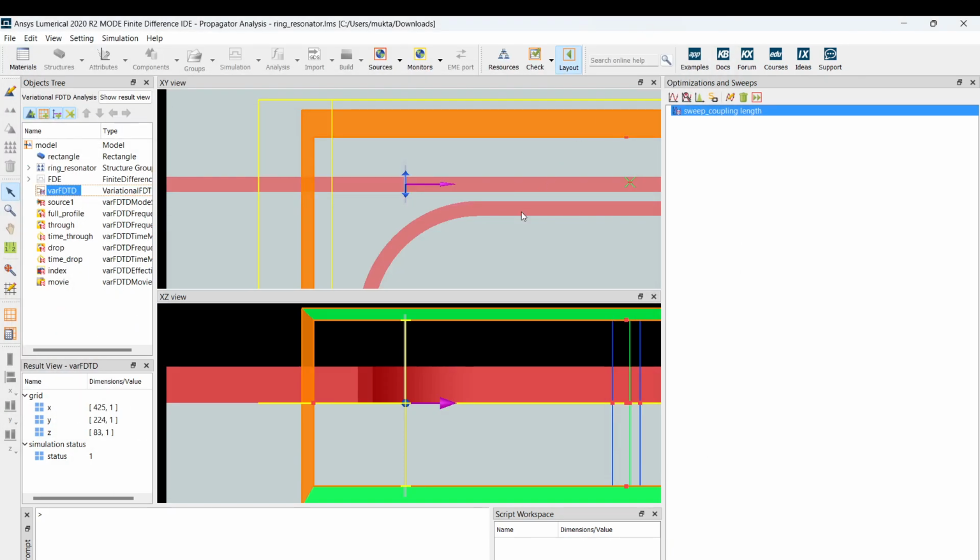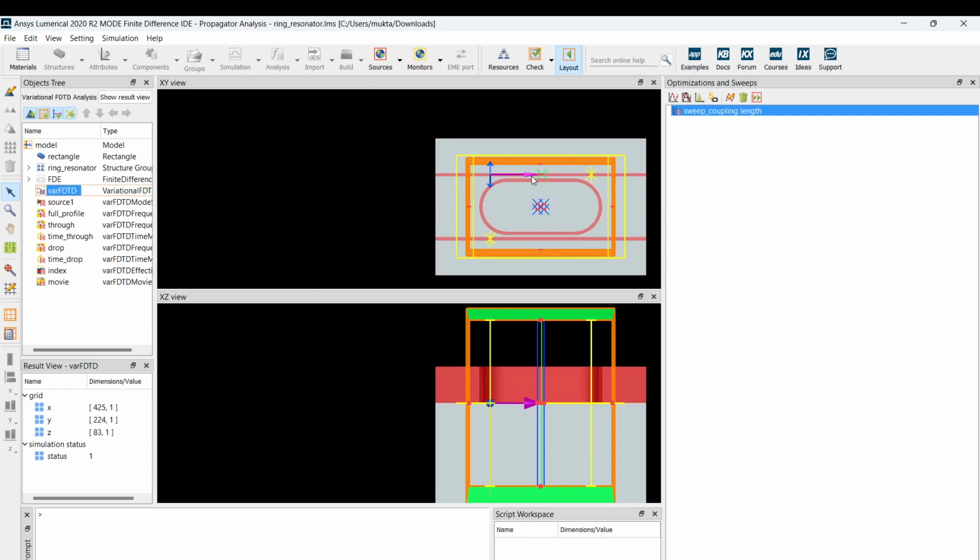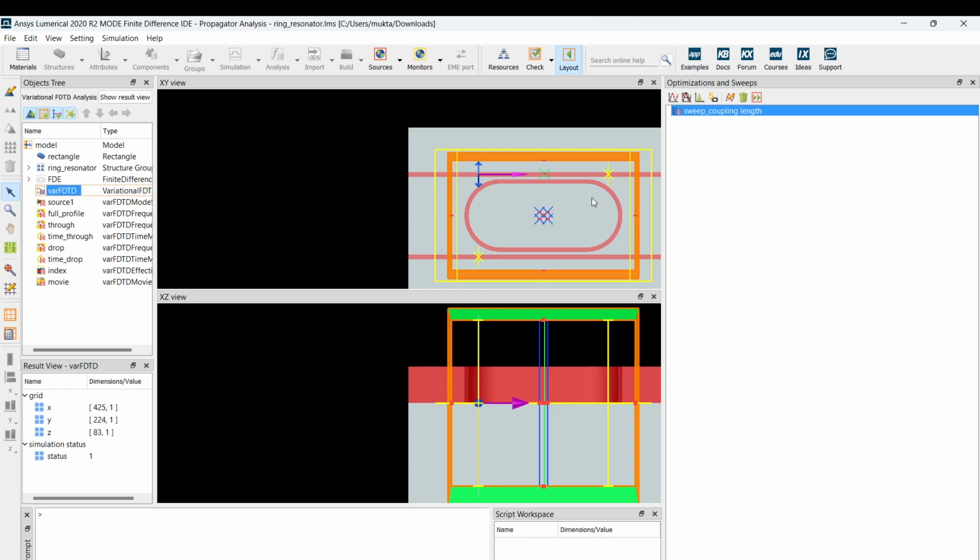So we were able to successfully simulate a ring resonator. We were able to change certain parameters, and based on that, we were able to see the output response. But in general, we don't want to be restricted by the size of the simulation, so we want to be able to simulate even larger simulations. For that, we usually simulate just the coupler region. We'll simulate the waveguide separately, the coupler separately, and then combine all the results into a single circuit level simulation, done using a tool known as numerical interconnect, and we will be talking about that in the next class.